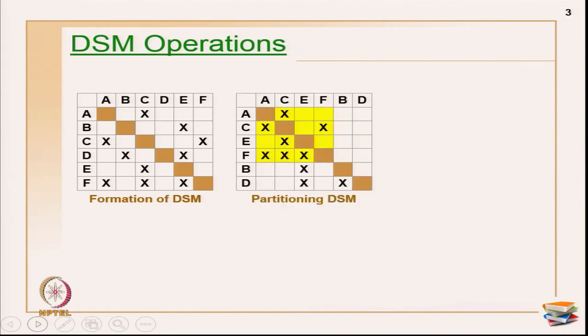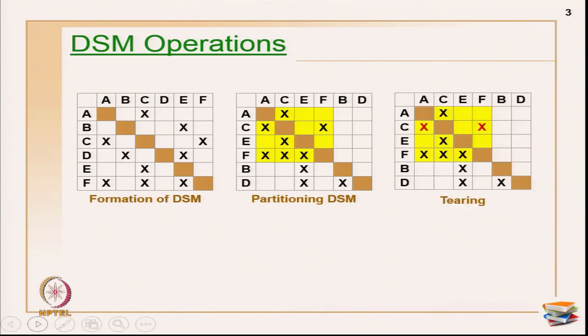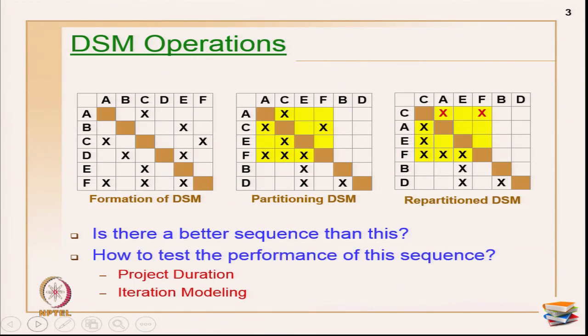So, this is the formation of DSM. I have taken the same example as shown in the last class. This is the partitioning, wherein for this particular example I am getting one block. Then once you do the tiering process, in the sense of identifying the tier marks, you get the tiering block like this, and once you finish you have to do the repartitioning again and you will see this block. So, primarily there are three operations here. This is operation number 1, formation; operation number 2 is partitioning; the third one is tiering. Tiering always goes along with repartitioning, and then the next step is the iteration modeling.